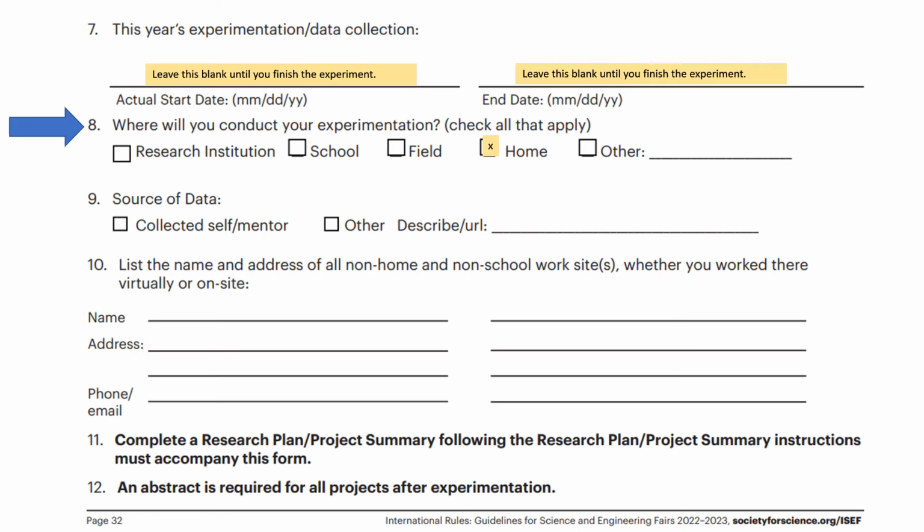Check home if your experiment will be taking place in your own home. If none of the previous boxes apply, check Other and write the location where the experiment will take place. Under Source of Data, please check the appropriate box related to your experiment. If the data was collected by yourself or with your mentor, check that box. If someone else collected the data or you gathered the data from a website, click Other and describe where your